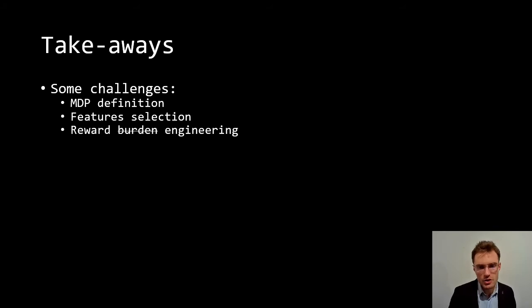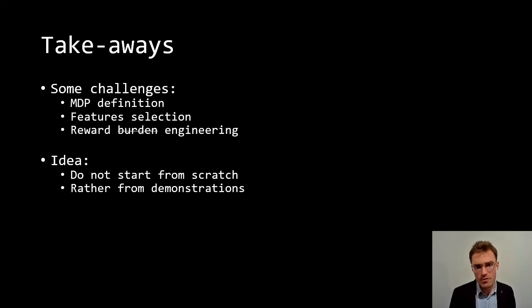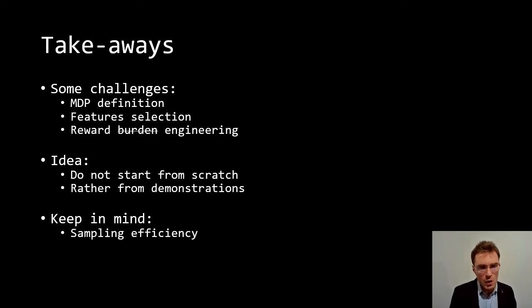That's the motivation that brings us to the second part: not starting from scratch, but rather from demonstration. That means you observe someone in the street and you want to either infer the reward function, that would be one case, or directly learn the policy to drive similar to this person. And just shortly mentioning, when we will be doing this imitation learning part, and this is already the case here,